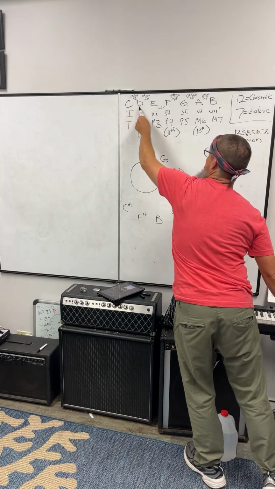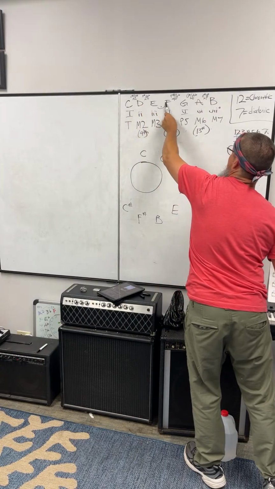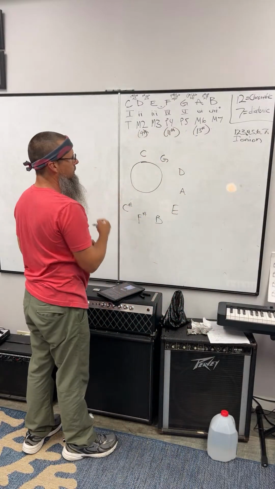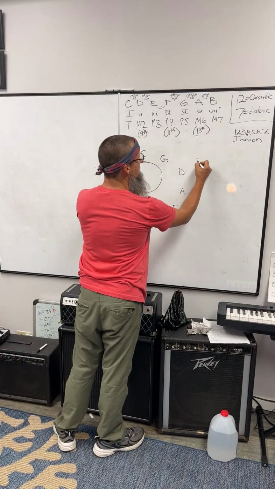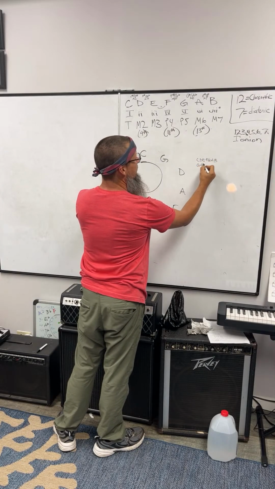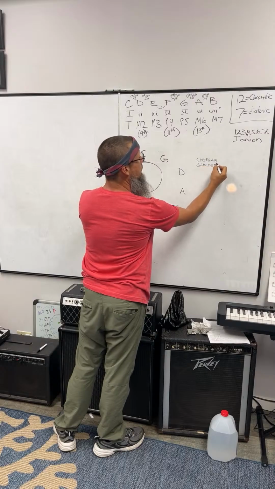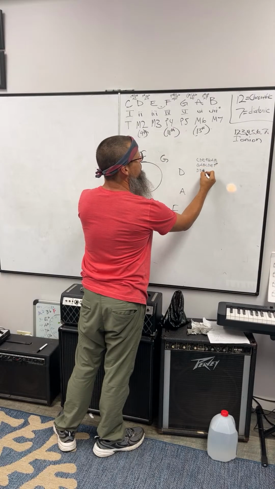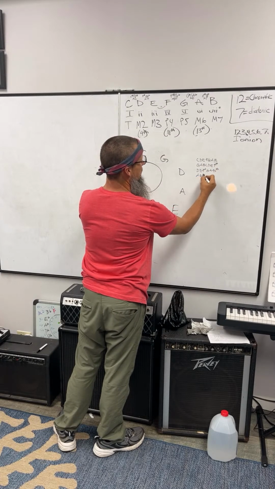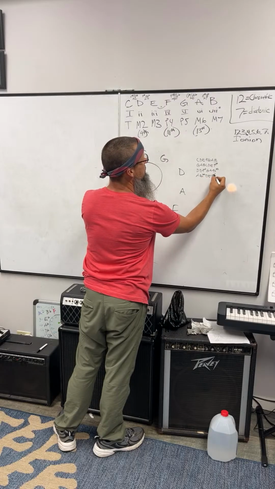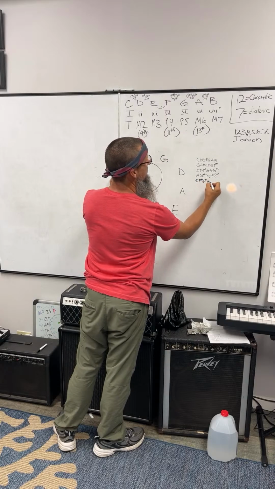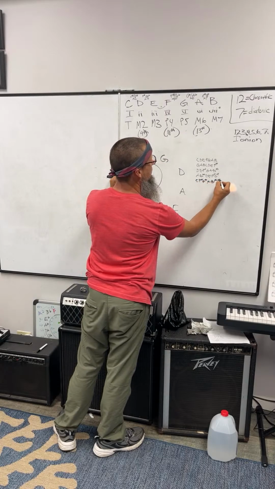So 1, 2, 3, 4, 5, 6, 7. Those are the 7 notes that we use to keep going around the circle. When we write these notes out: C, D, E, F, G, A, B; C, G, A, B, C, D, E, F sharp, G; D, E, F sharp, G, A, B, C sharp, D; A, B, C sharp, D, E, F sharp, G sharp, A; E, F sharp, G sharp, A, B, C sharp, D sharp, E; B,